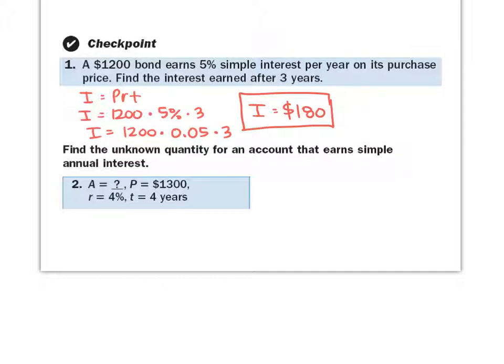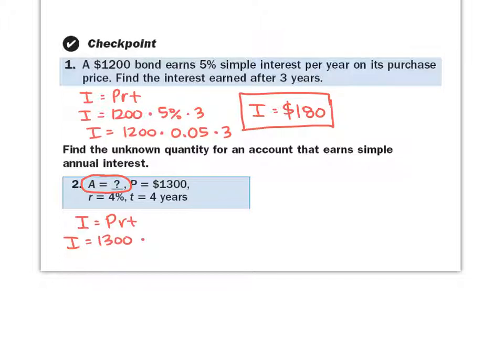Now, if you take a look at number 2, there will be some problems that look like this, where instead of giving you a situation like it did in number 1, it just gives you the facts that you need. And this problem wants you to figure out the account balance. Before you can figure out the account balance, you need another piece of information. You have to know the interest before you can figure out the account balance. So even though it doesn't directly ask me for the interest, that's the piece of information that I need to